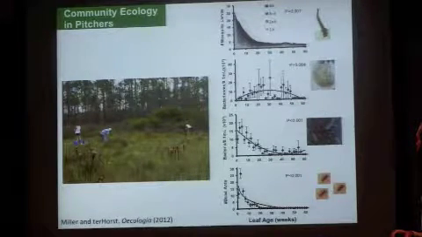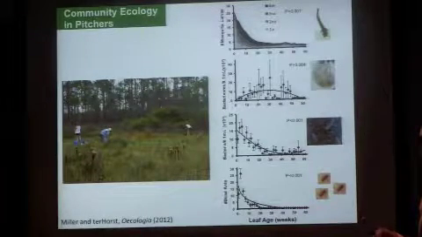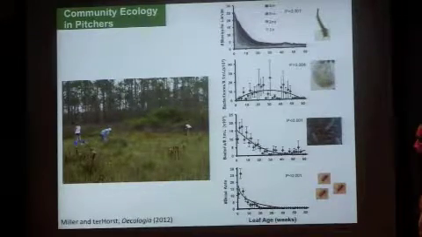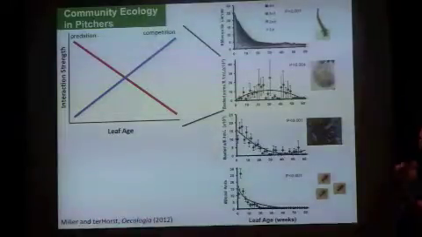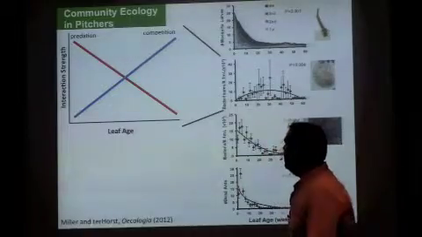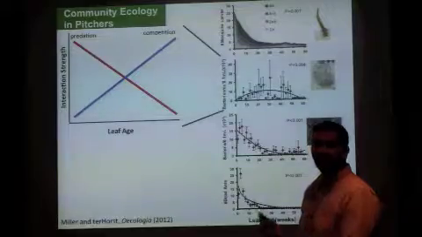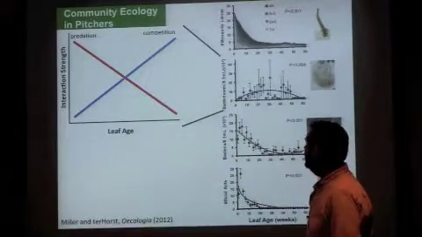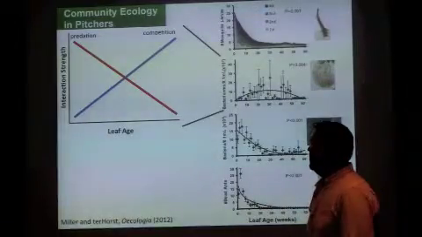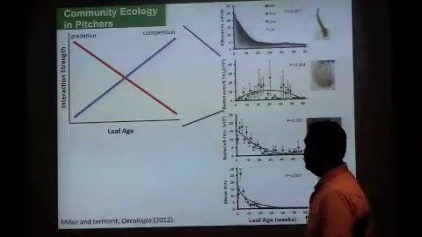And so what's happening is all those mosquito mothers are laying eggs in really young leaves. You get lots of predation there. Mosquito larvae grow up and hatch out and fly away. So what that means is if you're a bacteriivore in this community, at really young ages of leaf, there's lots of predation, but not very much competition because there's lots of resources and species don't have to compete with each other. In these really old leaves, there's not a lot of predators around, but there's not very many resources, and so we expect that competition might be really high in those really old leaves.